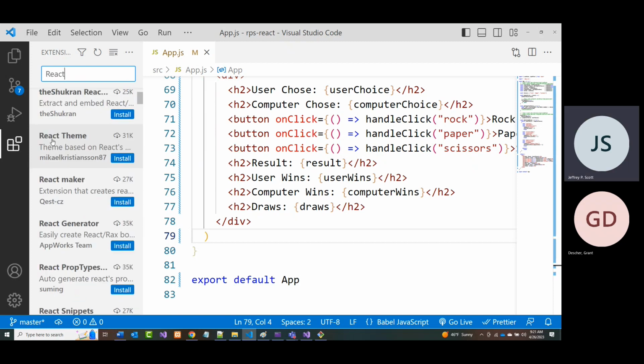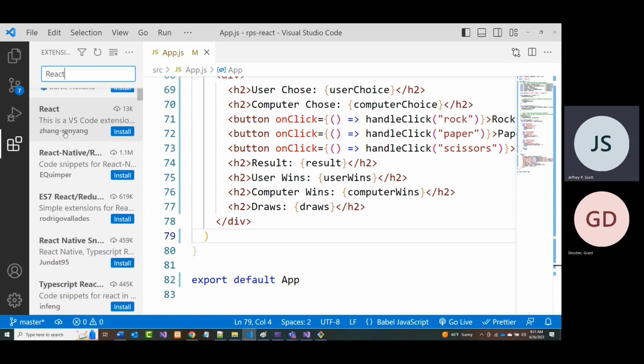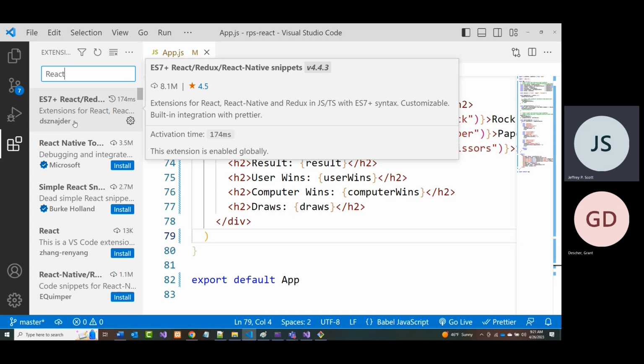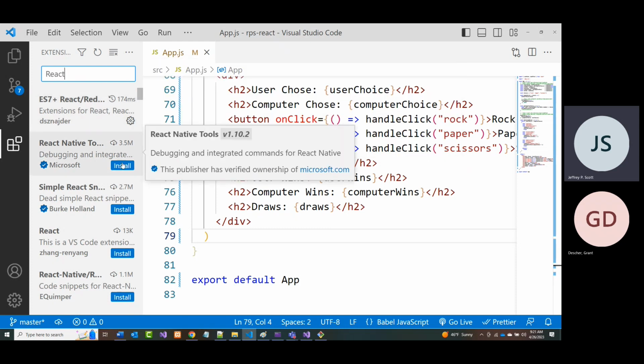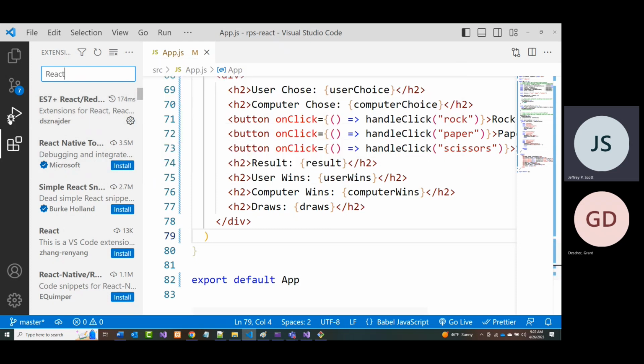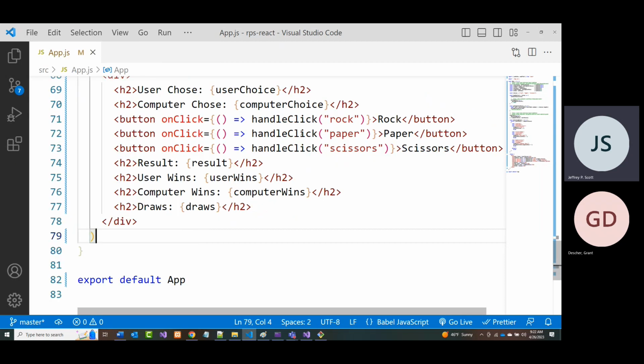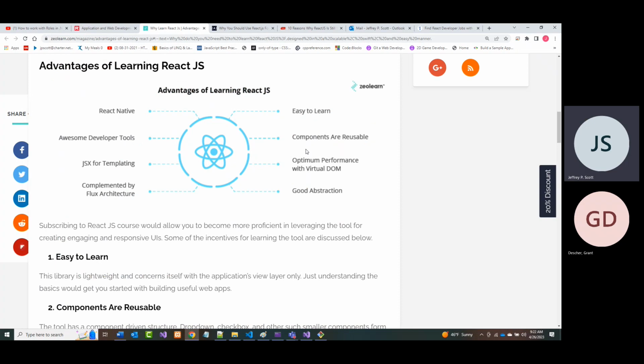Now, most of it you probably wouldn't use, but there's some things in there like some snippets and a few other things so that you don't have to type as much in. Some stuff will be created for you automatically. All right. Components are reusable. That's the hallmark of React, that you build reusable components. All right. Next,